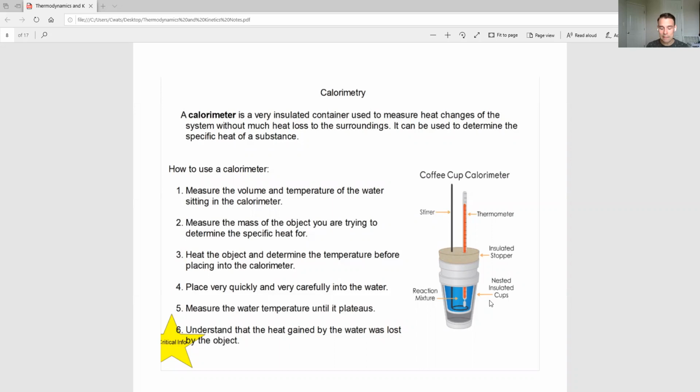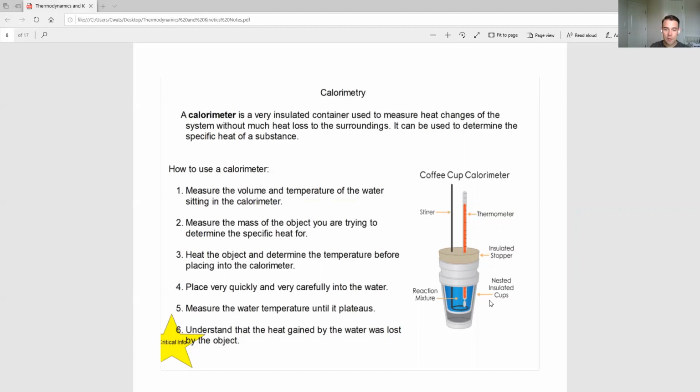Calorimetry is an important experimental determination for enthalpy in chemistry. Calorimetry uses a calorimeter, which is a very insulated container used to measure the heat changes of a system without much heat loss to the surroundings. It can be used to determine the specific heat of a substance. That's one use. There's plenty of different uses for a calorimeter, depending on what information you have and what you're